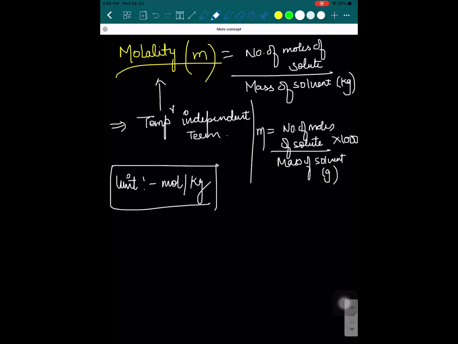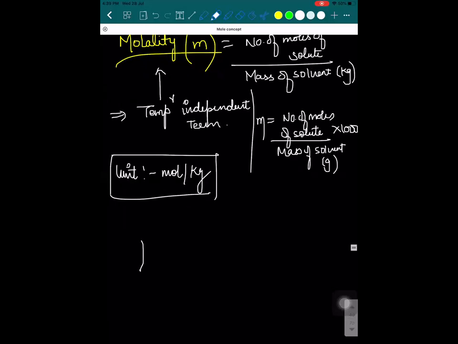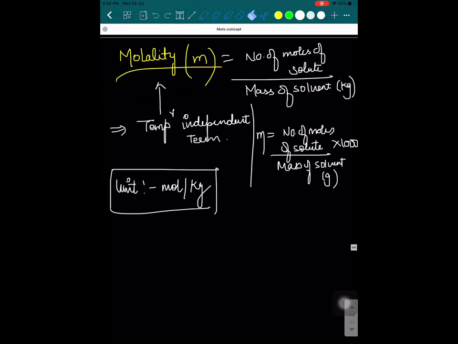Here 1 kg is 1000 grams. So in the denominator, Roshan, I will be angry at you if you make this mistake. Multiply or divide? Divide, so the 1000 will go above, isn't it? Understood or not? Have you understood? Shall I proceed further and give you the other things?